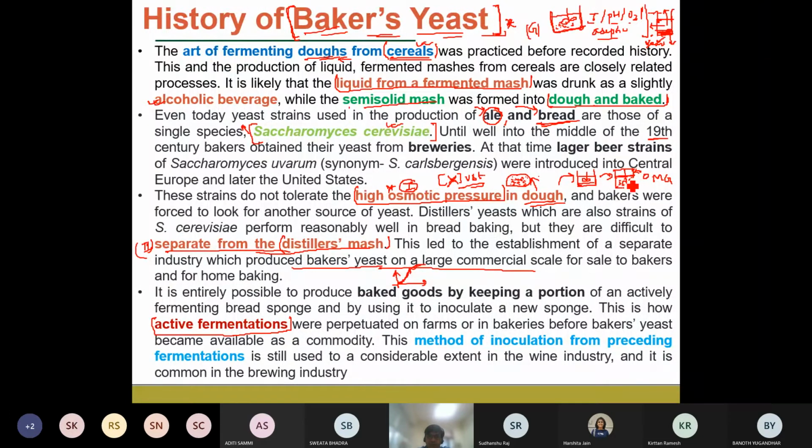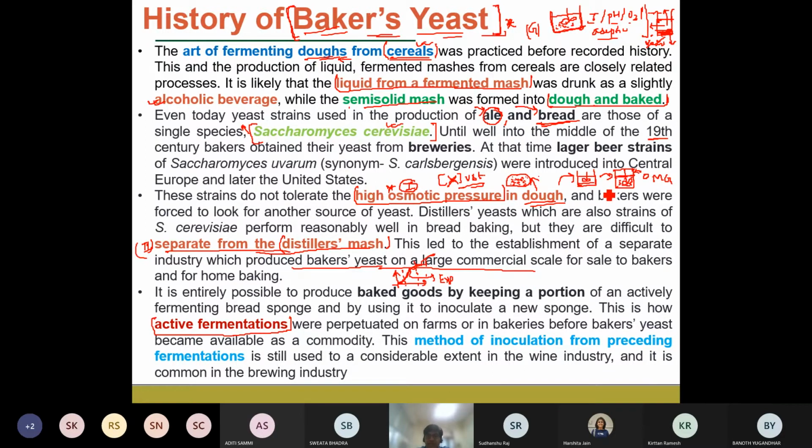So suppose, during the active fermentation, we take out an inoculum and add it into a fresh fermentation process. It is very important, because when you add that, we don't know at what stage the microorganisms are. Are they in the exponential phase, or are they in the stationary phase? If we take microorganisms which are in the stationary phase and put them into a second fermentation process, the yield and the productivity of that second batch will be lower. So that is one of the disadvantages.